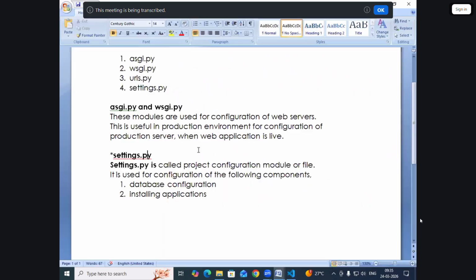Then it is used for installing what? Applications. And not only that, configuration of which one? Templates. Template is nothing but HTML. You need to tell where your templates are available. Your server will search for the templates, which are nothing but HTML. You learn this in detail, don't worry. But I'm just telling you what is the use of